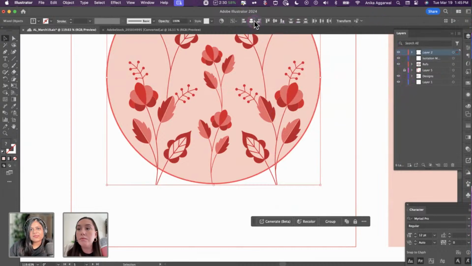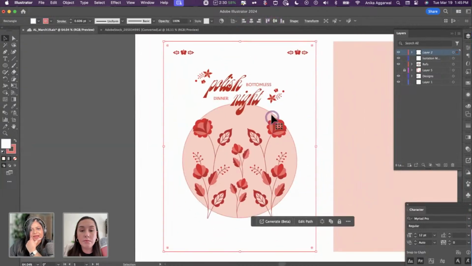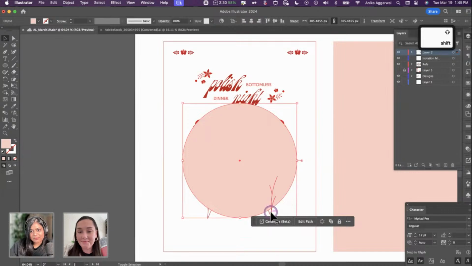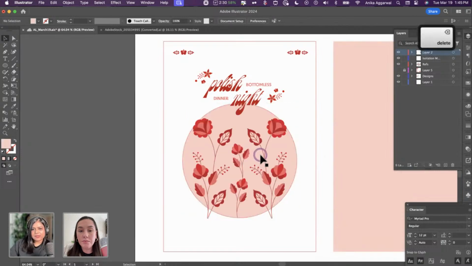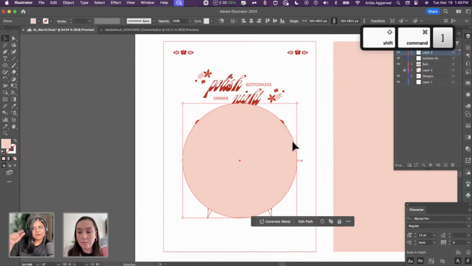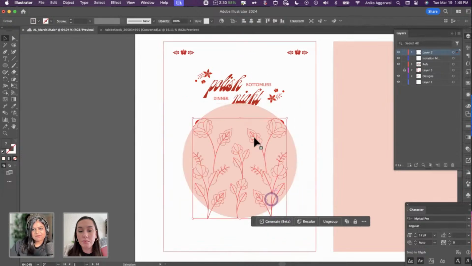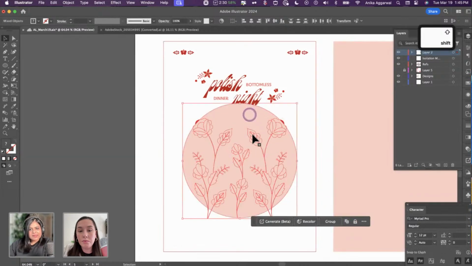Sorry. And I'm going to center it and use that. I'm going to zoom out and show you. For that, I'm such a shape builder girl. I always just use shape builder for stuff like this. I'm going to select both these shapes. I selected the circle and pasted it in place, which is Command C, Command F to paste it in place in front. And then I brought it to the topmost layer. I can do it again. Actually, I did that really quickly. So Command C, Command F, and if you're working on Windows, it's Control. And then you just press Shift Command and the closing square bracket to bring it to the front. Then I'm going to select this, which is my flower layer. Just for outline, you can see that this is all vectors. And I go back and select my circle as well.